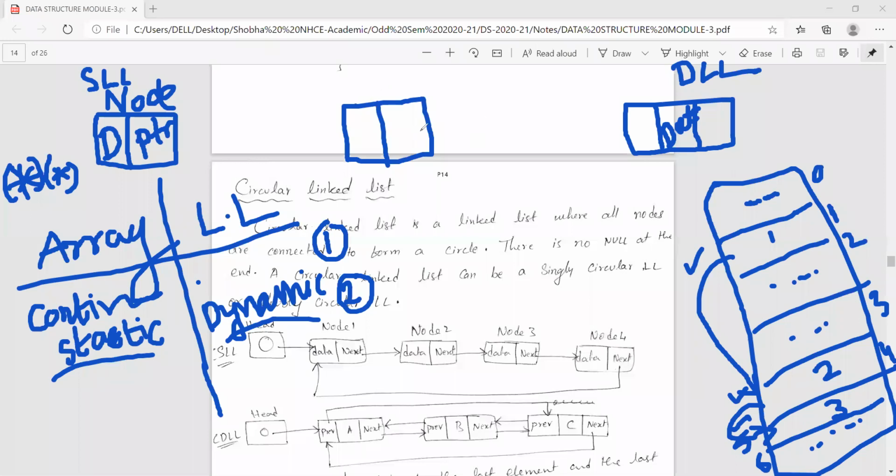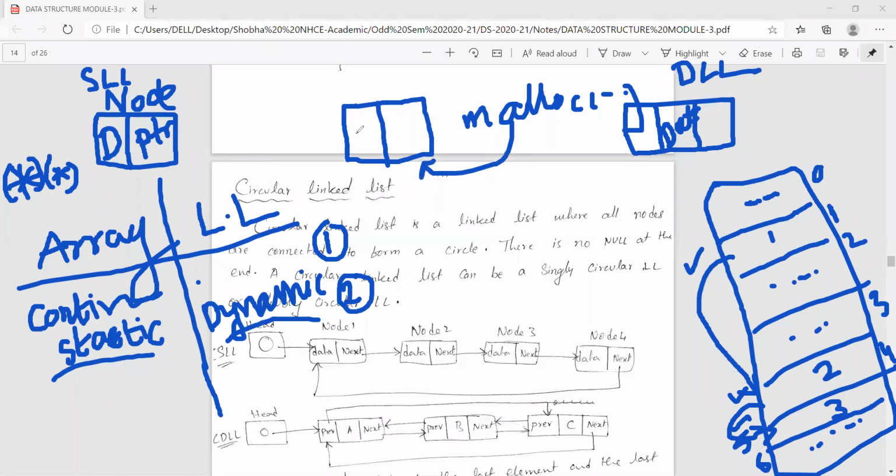During runtime, when you are calling the function create node, the program I will discuss, that time memory will be allocated by calling the function malloc. So for the first node, I will call the function malloc with arguments, of course. And that time memory will be allocated.